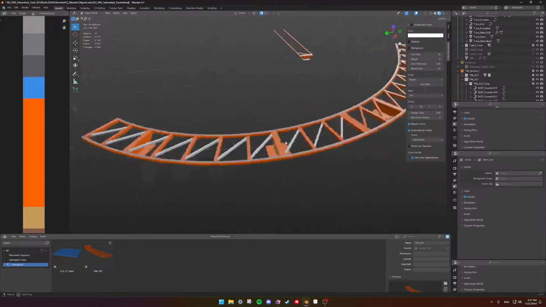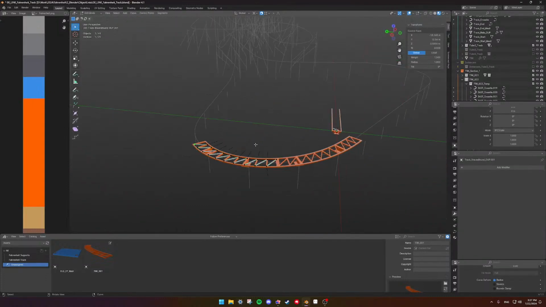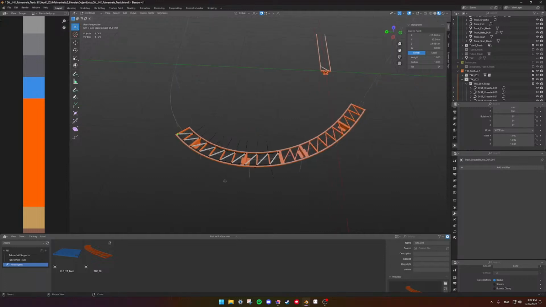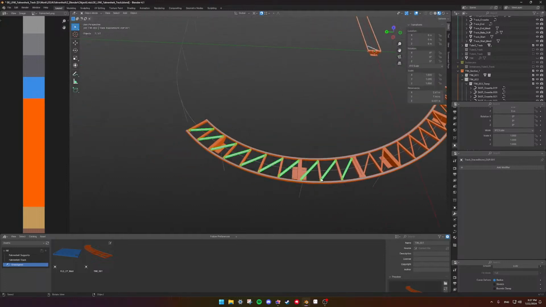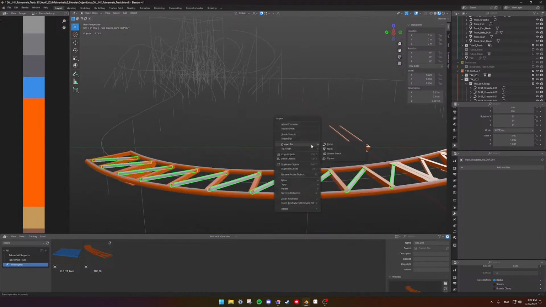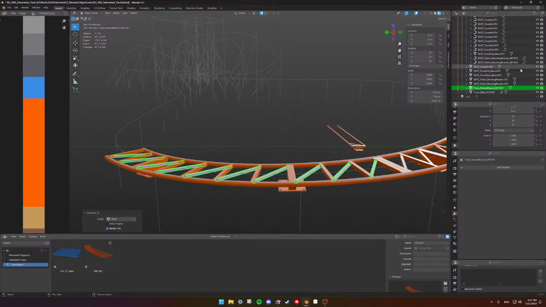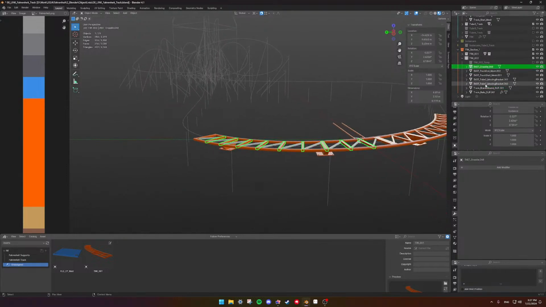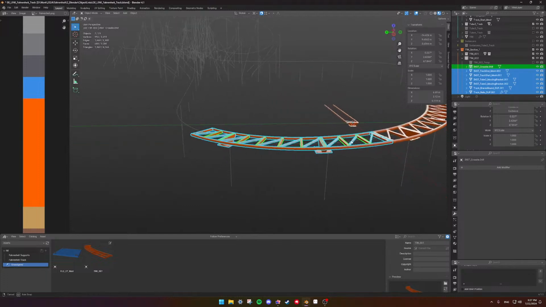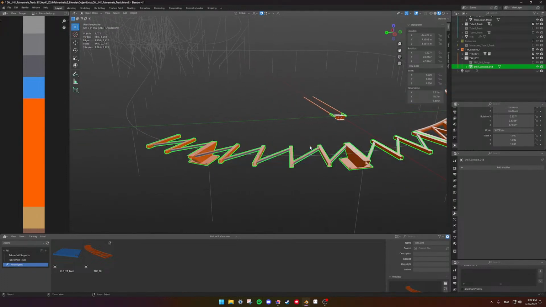What we need to do now, though, is with this, because I manually placed this, and this is actually where it is in real life, I don't have to worry about making instances real and all that. What I do need to do, though, is to convert this into a mesh. And then I can get rid of my temporary files. All of this here is a mesh. So what I can do is, okay,